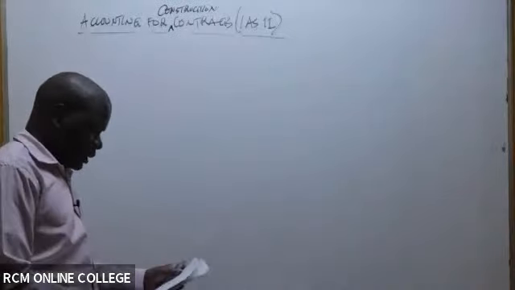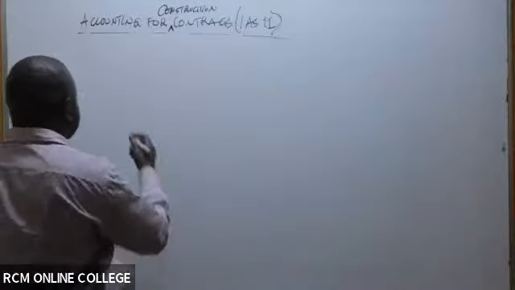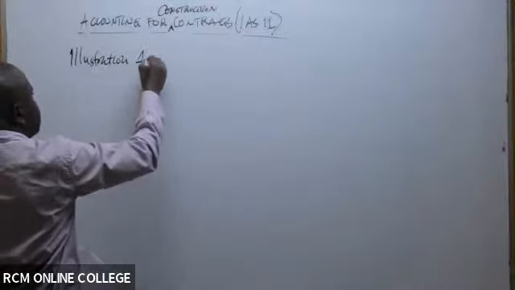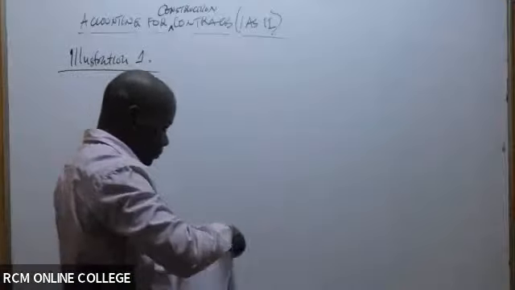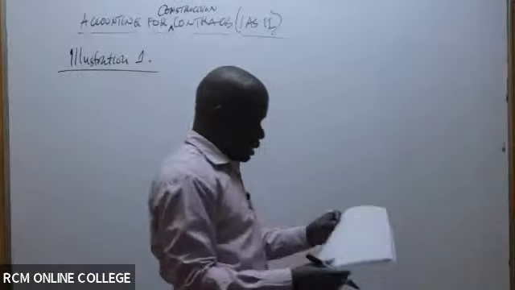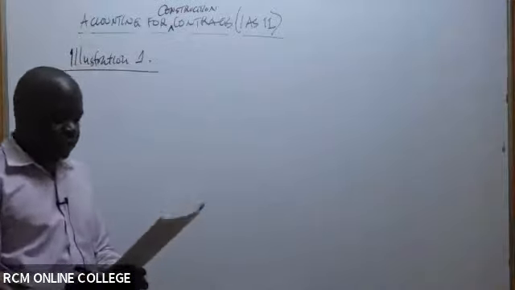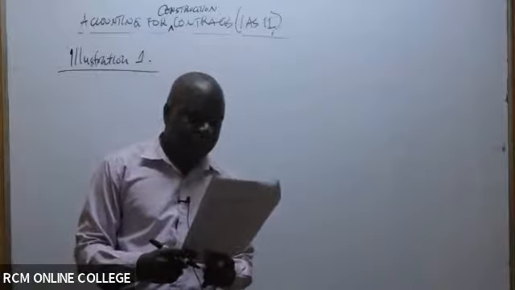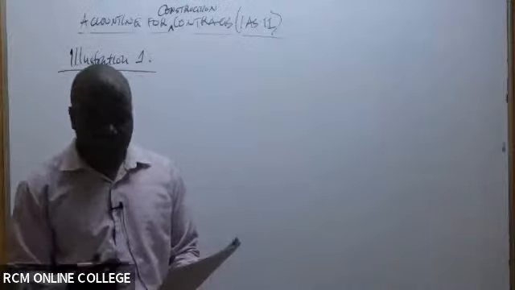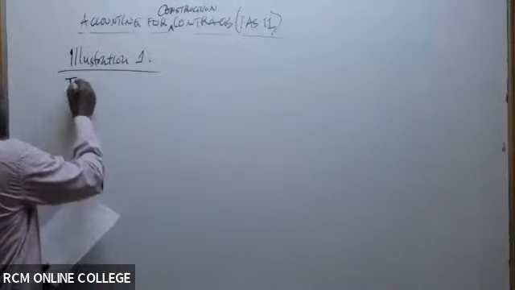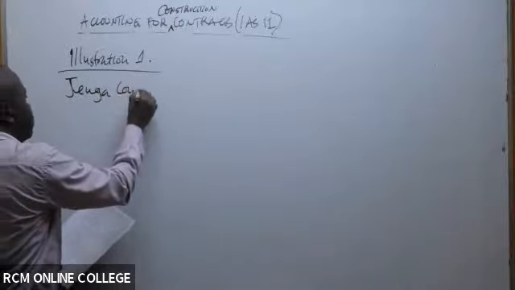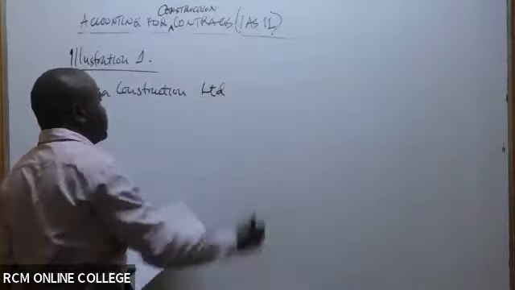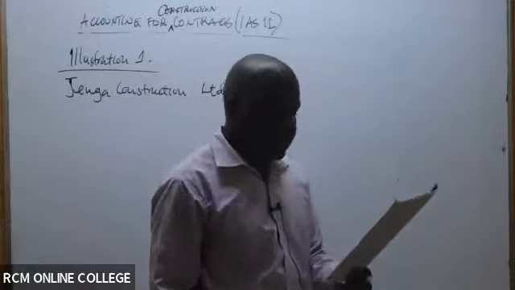You can write this. Illustration one. Then write: Jenga Construction Limited, Jenga Construction Limited was awarded a contract,